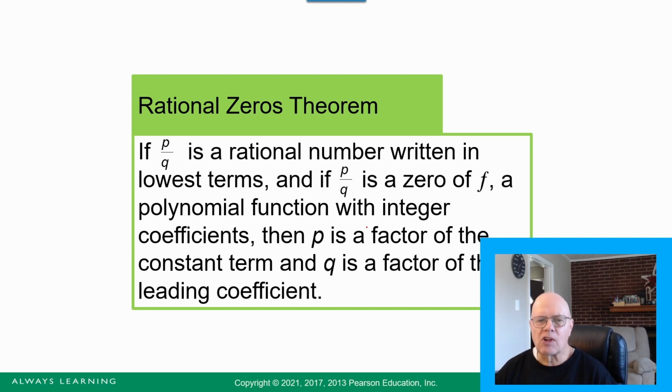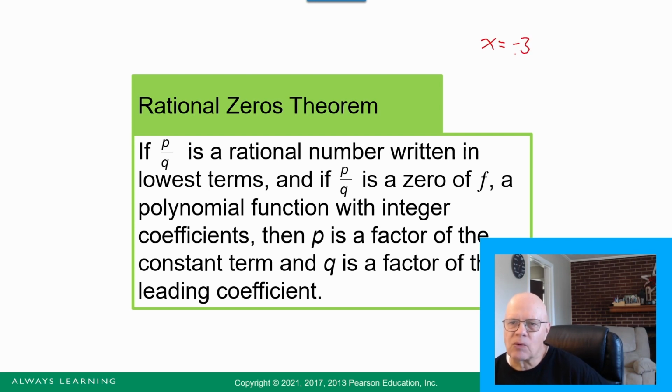Now what this is talking about is, remember in one of the last ones we said, in fact I think it was the last one, x equals minus 3 was one of the zeros. Well, minus 3 is minus 3 over 1. That's what we're talking about with rational numbers, fractions. So if we've got a polynomial function,